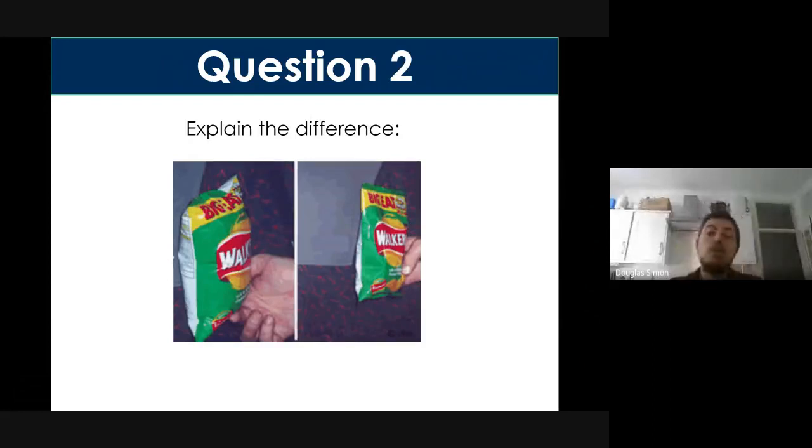Okay, so it should be fairly obvious. When I was on the runway before we took off, my crisps looked like this. As I flew up really high in the sky, my crisps look like the left-hand picture here. So the volume has increased because the pressure in the aeroplane has decreased. Now, it doesn't decrease entirely, obviously, because we would die up there. But the pressure does decrease a little bit relative to